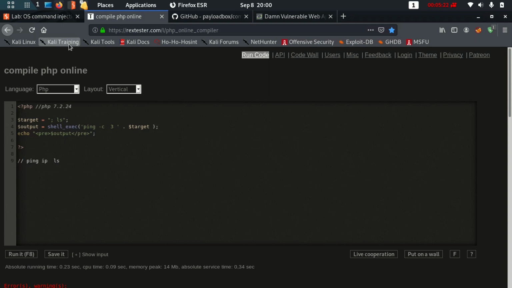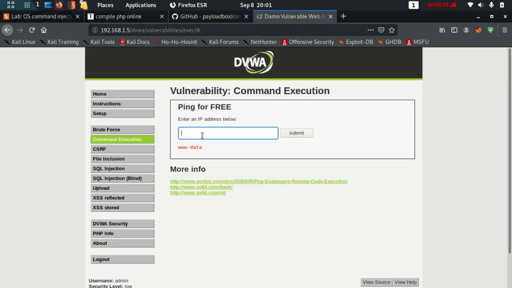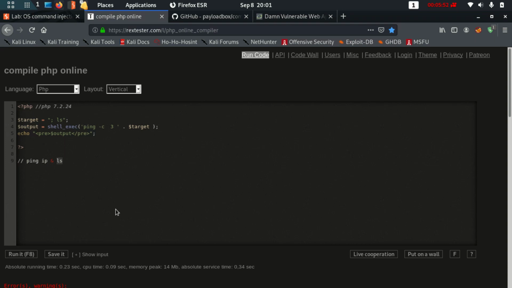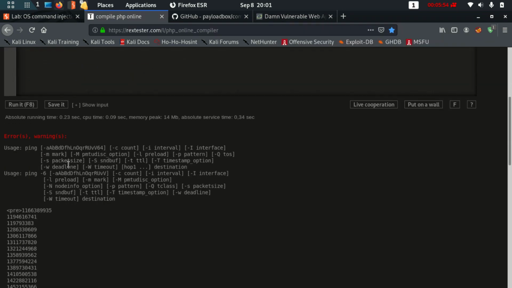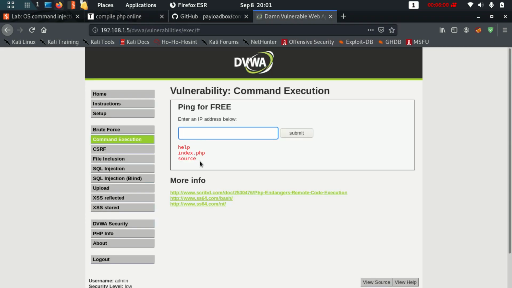So when you are doing a single AND, as I told you, it will run the first command and the second command and do a bitwise AND, but at least it will run the command. So over here, when I do AND ls, you can see that it did not give me the result of the first one because it was ping nothing, there was nothing there to run. What is different over here in the web page compared to normal PHP is that whenever an error comes, it won't give us the error part, it will just give us the result part.